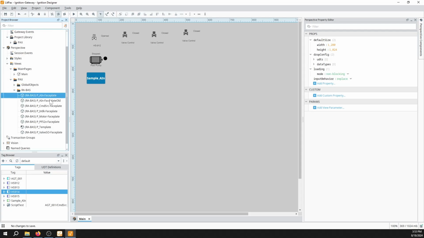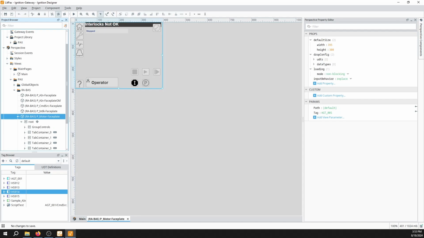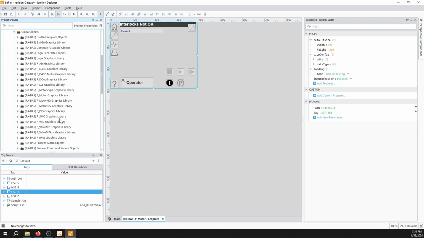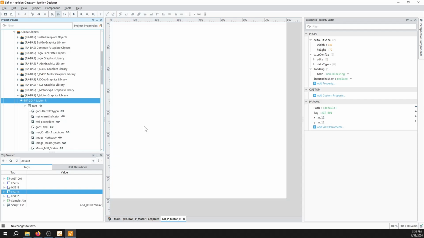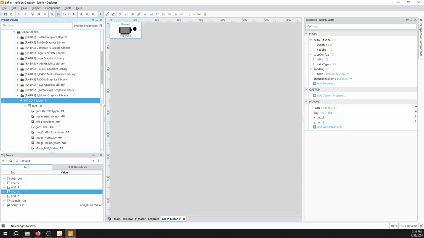Let me just open up an example, the P_Motor one here. Sorry, that's the faceplate. I want to go to the motor library, motor graphics. I only have one complete, so it's basically just that object sitting there. And then you can see on the view, you have your custom parameters. So it's path and tag, very similar